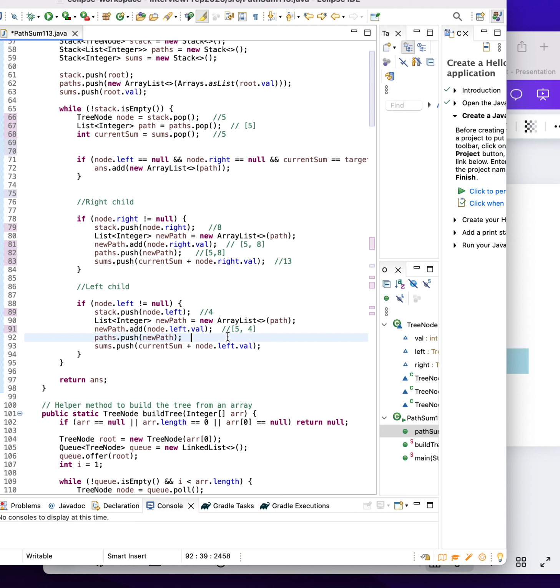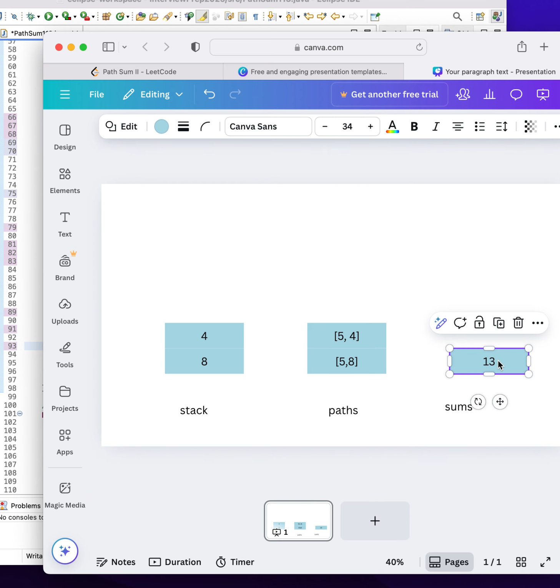And we are pushing it to the paths. And for the sums, the current sum we have is 5, and we are going to add 4 to it, so it's going to be 9. And we are pushing it into the sums. Okay,